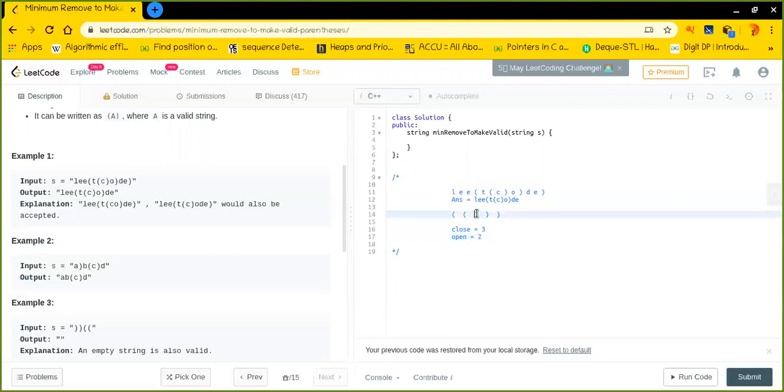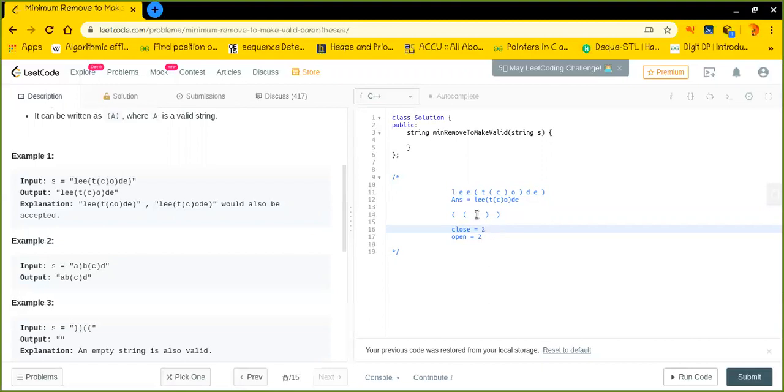And here I found a closing bracket. So see what this particular variable denotes. This particular variable denotes how many total closing parentheses do I have in my string. But here I found one, so that is why I need to tell it that I already found one. That is why you need to decrease me. All right.